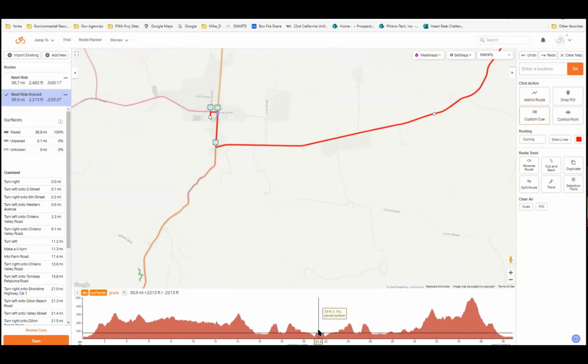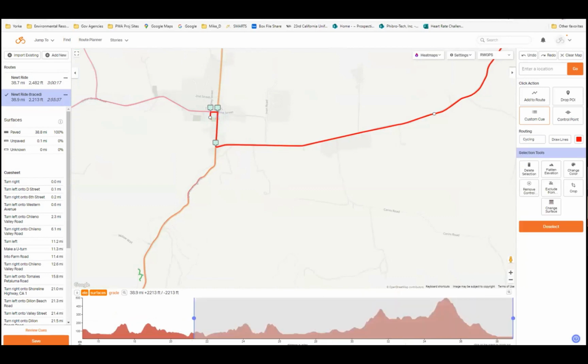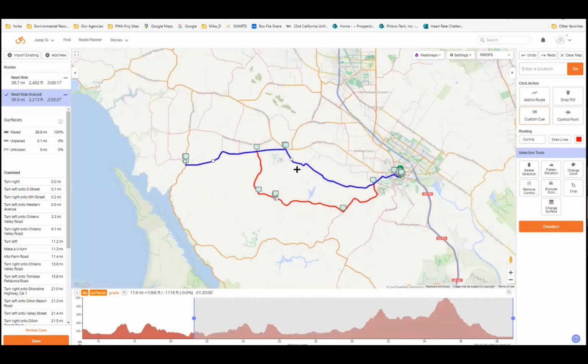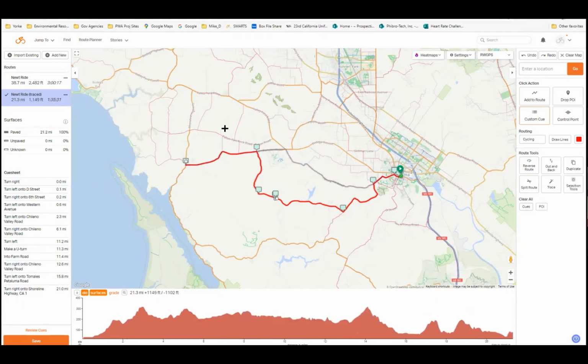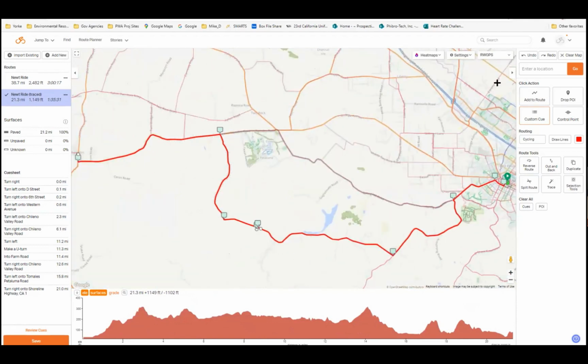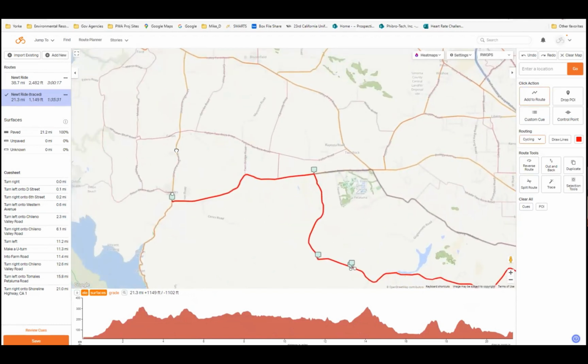So what I can do is go to that mile 21.3 and highlight the rest of that route on the way home, and I'm going to delete that from the ride. The reason I'm going to do that is I'm going to reroute and say, okay, now let's change how we get back. So remember, I got to click back to add to route now so that we know where we are, and then we're going to go